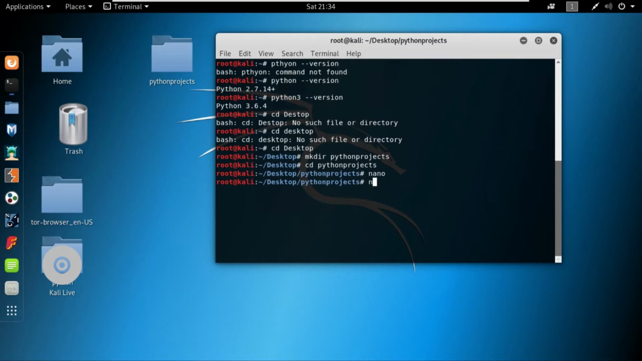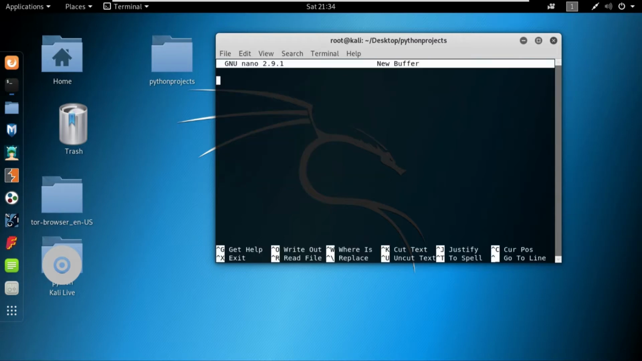So you can simply type nano in the terminal and it would open up the Nano file editor for us. So let's write our first program. The conventional way of writing a first program is to print. As I already told you, print is a simple function that prints out things on the console. So I'll print hello world